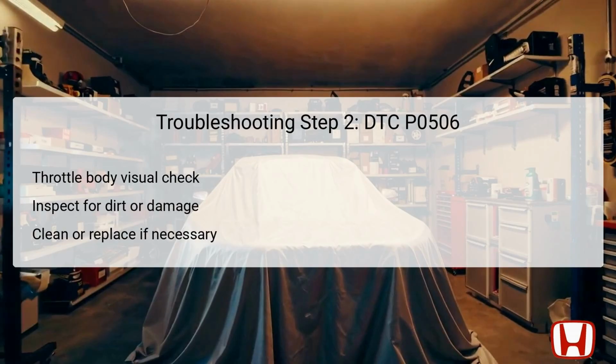Look for any obstructions, such as dirt, oil, or carbon deposit buildup, which can severely affect airflow and the functioning of the throttle. If dirt or carbon is present, cleaning the throttle body is essential to restore its functionality. In cases where there is physical damage to the throttle body, replacement may be necessary. If no issues are found, the throttle body is considered operational, and you may need to continue troubleshooting other systems,